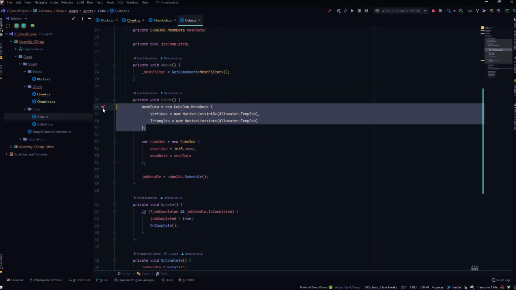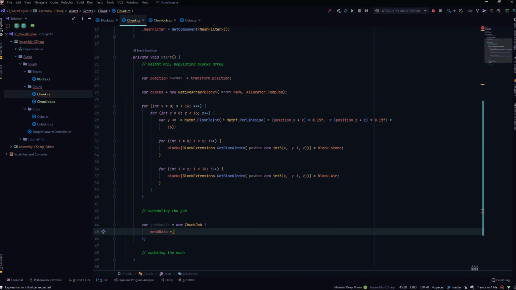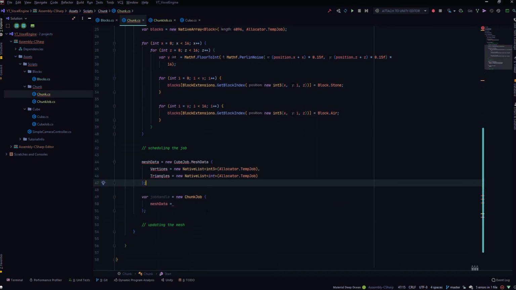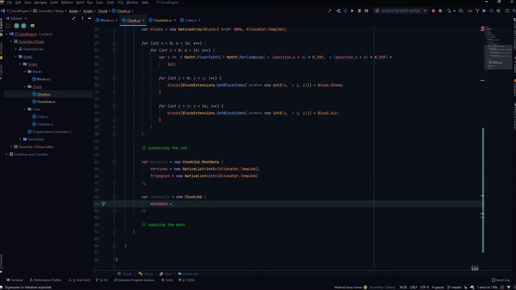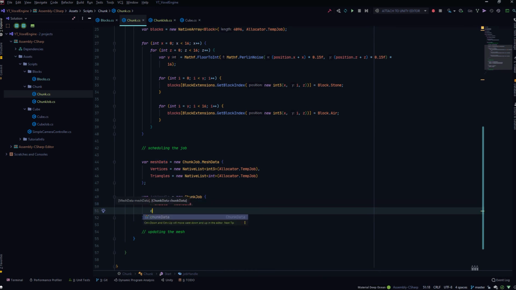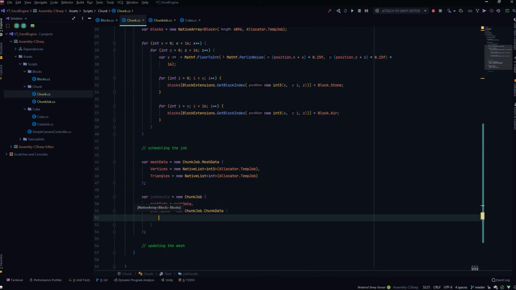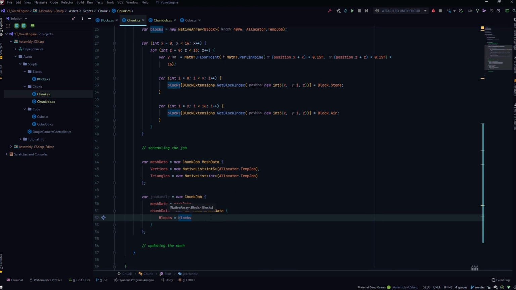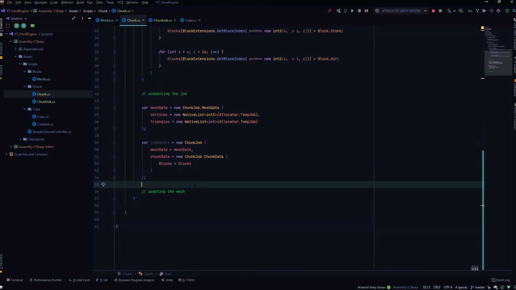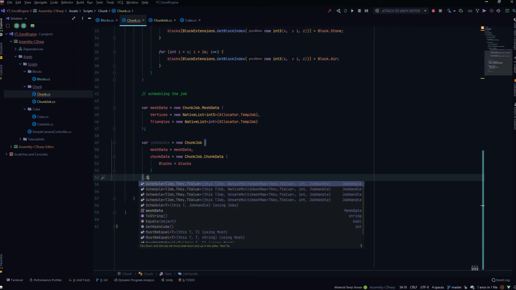We'll take this mesh data variable here and save it here, and this would be the one from chunk job, though they are the same anyway. So there's our mesh data, and finally our chunk data, which we can basically create new chunk data here and say the blocks is equal to the blocks array that we have allocated up above. And finally we call schedule on this,